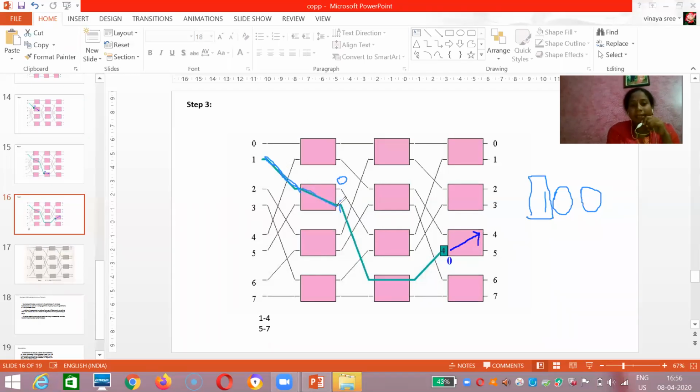Completed. Now you take this path and try to reach the second middle switch. After reaching the middle switch, you have to know the middle bit. Here you are having 0. So if you are having 0, what you have to do? As everyone knows, the output of this will be one side 0 and the other side 1. So here as it is 0, then definitely you have to connect straight away like this. After that, what is the last bit here? It is 0. So if it is 0, you have to take this connection to here. In this way, processor 1 will reach memory module 4.